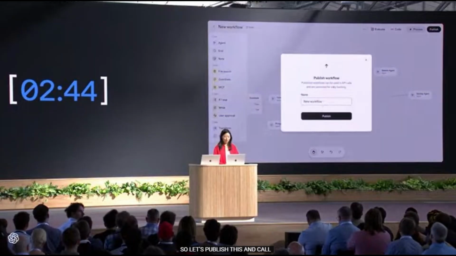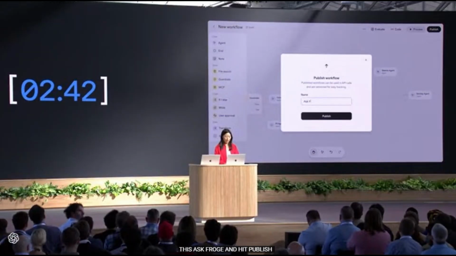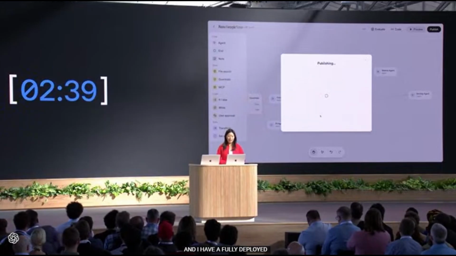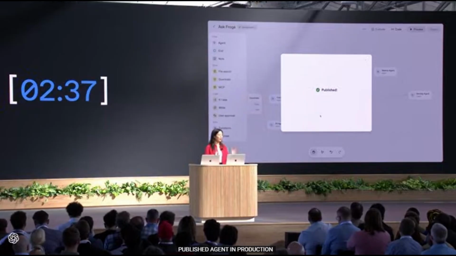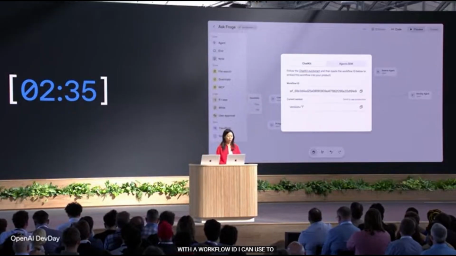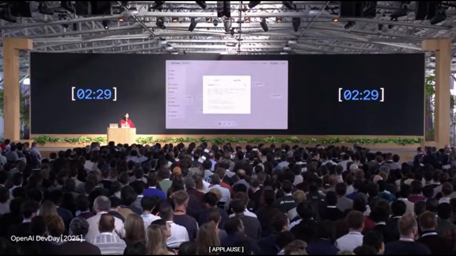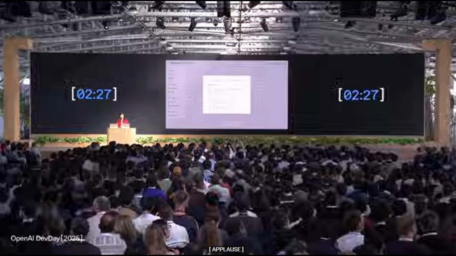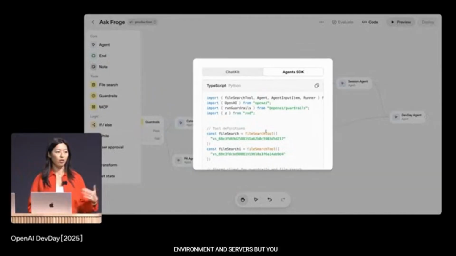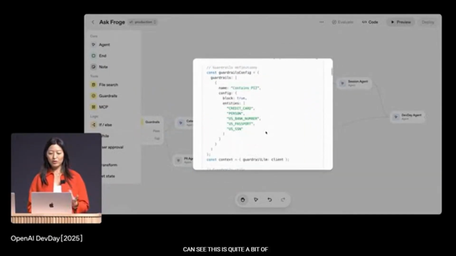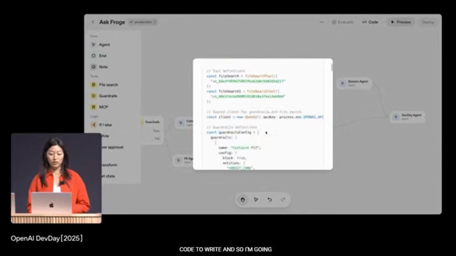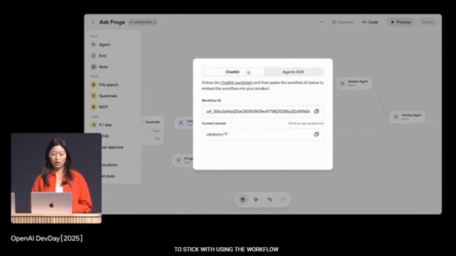Hit publish here. Let's call this Ask Froge. Hit publish. And I now have a fully deployed, published agent in production with a workflow ID that I can use to run directly. On the right, we also have code export in case I want to run this in my own environment, in my own servers. But you can see this is quite a bit of code to write. And so I'm just going to stick with using the workflow ID that we just created